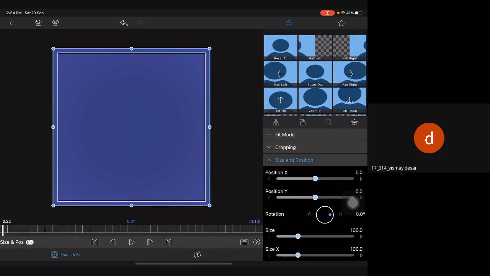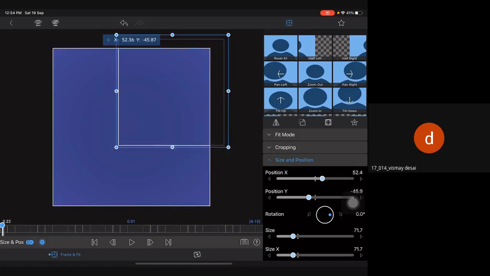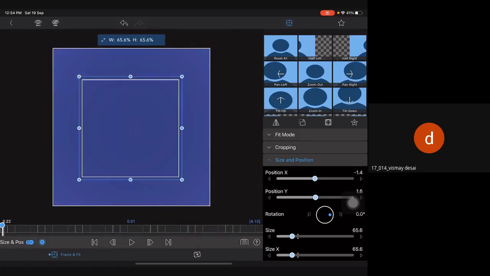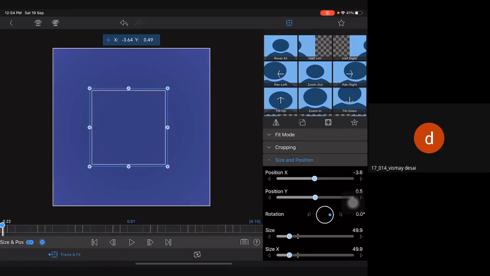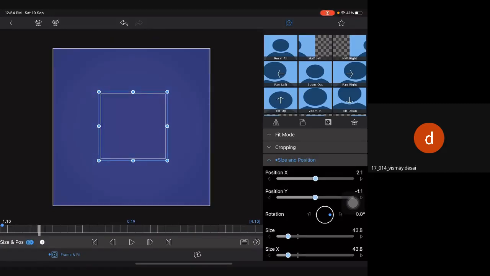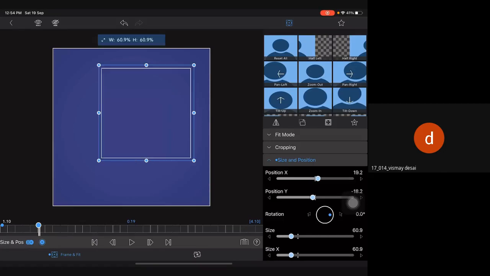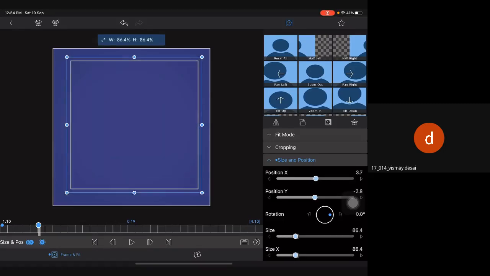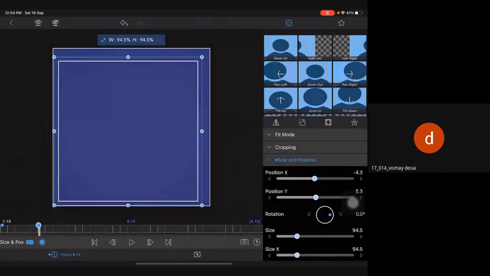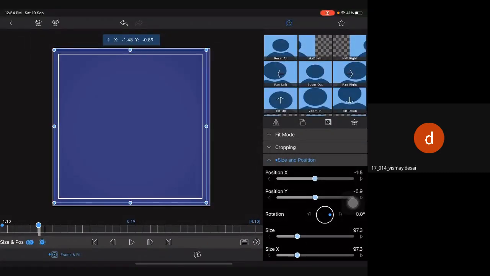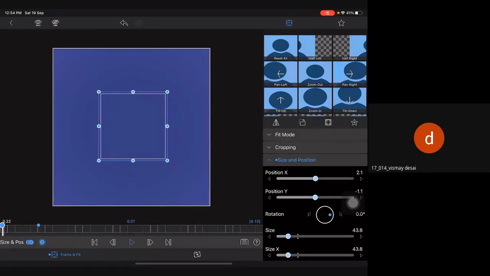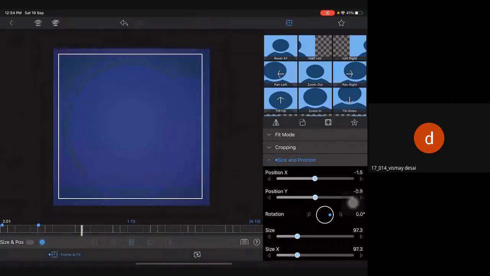Add one frame, add this frame, I want it to look like this. Here add one more frame, it will look like the original one. And then we don't want to do anything, so it will look like this. This is quite good. Done.